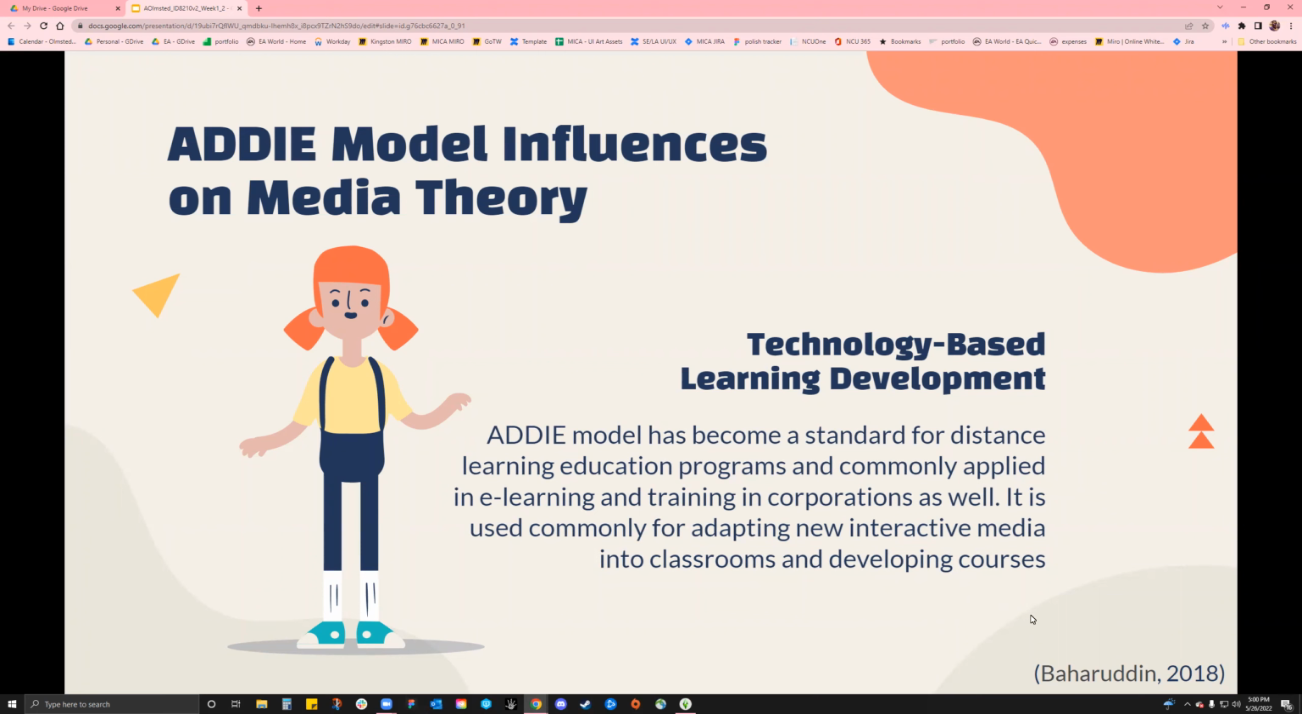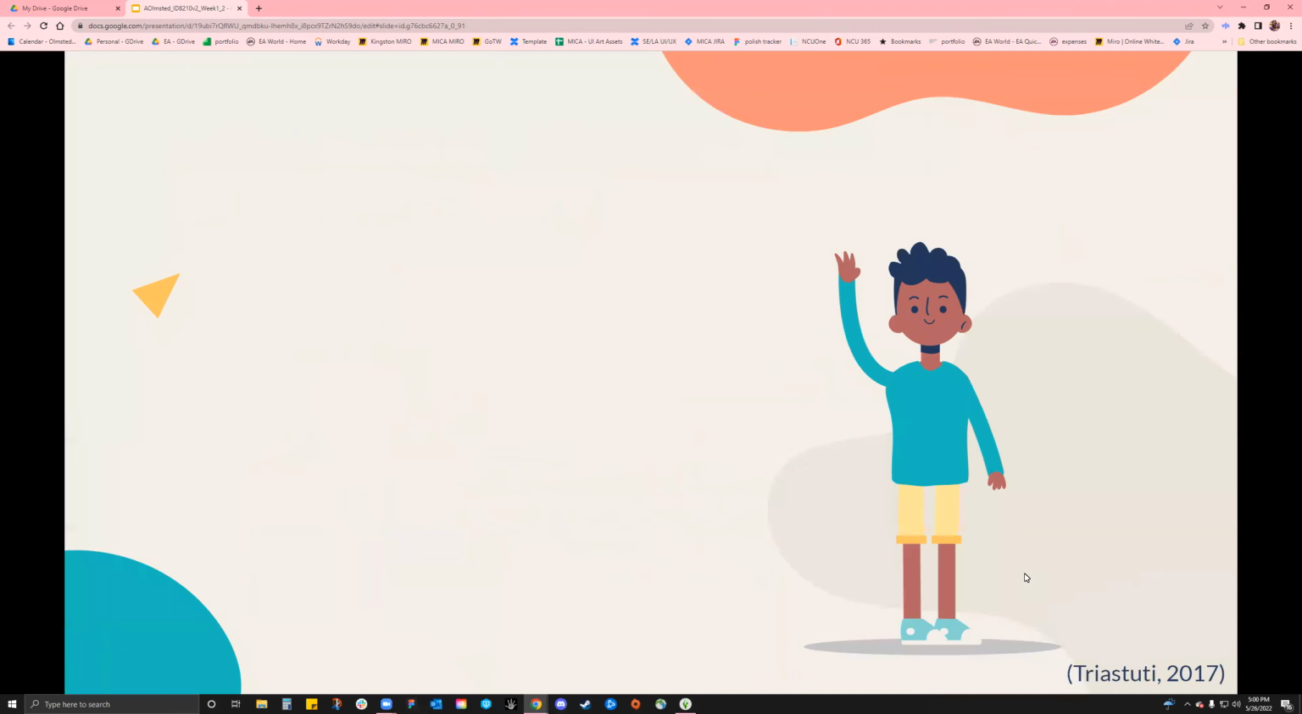The ADDIE model is commonly used for technology-based development. The ADDIE model has become a standard for distance learning education programs and commonly applied in e-learning and training in corporations as well. It is commonly used for adapting new interactive media into the classrooms and developing new courses. Baharudin, 2018. The second study we looked at the Dick and Carey's model's influence on media theory, specifically evaluating its